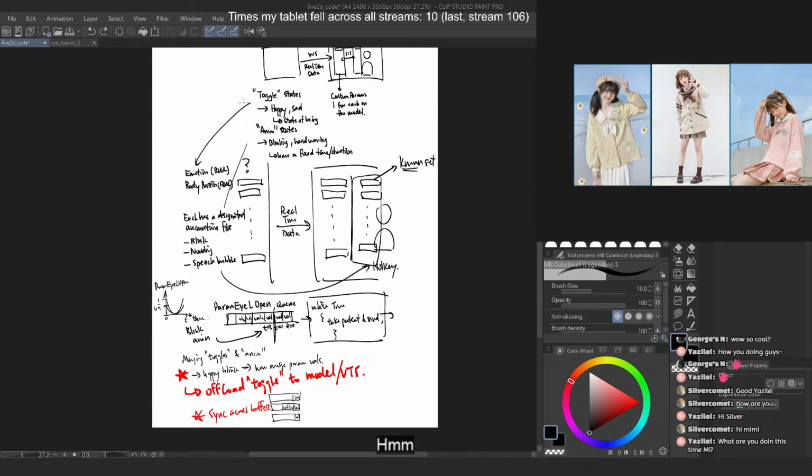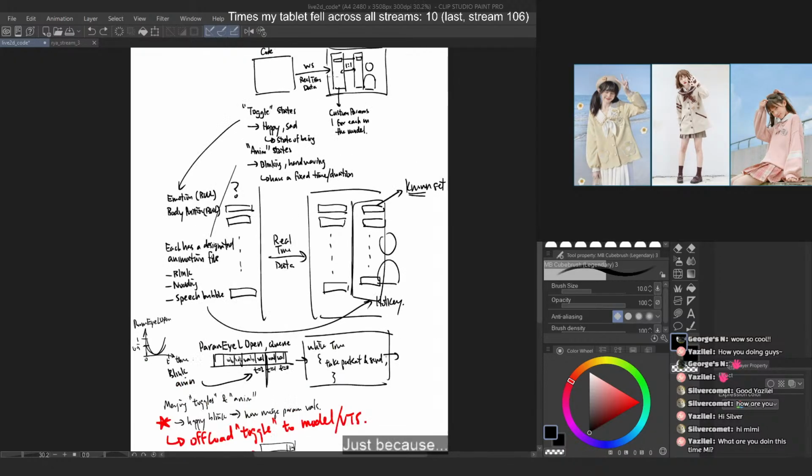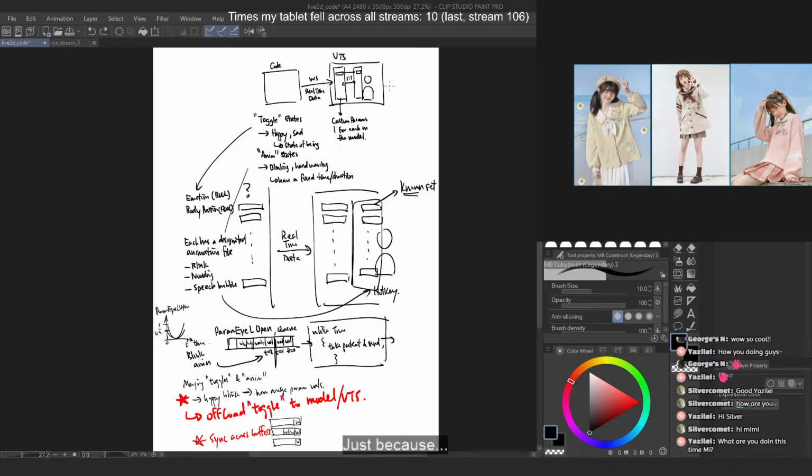Arguably, this part might be more important, just because without this, we cannot make the character come to life, and then it might not warrant the amount of time spent in the Live 2D. Yes, I'm just kind of going through some of the experiments I'm doing with the Live 2D VTube Studio software,